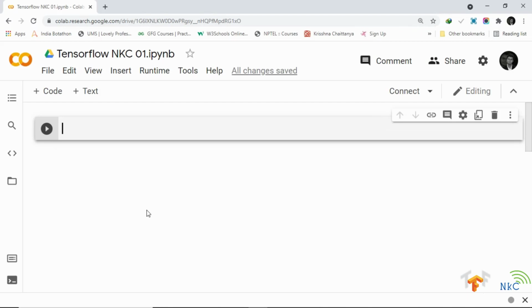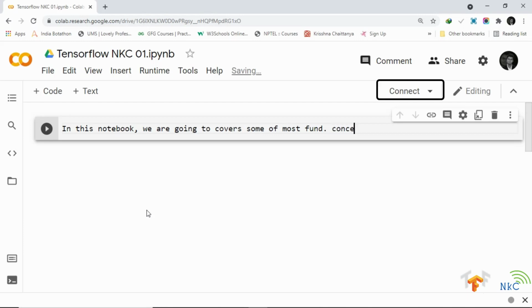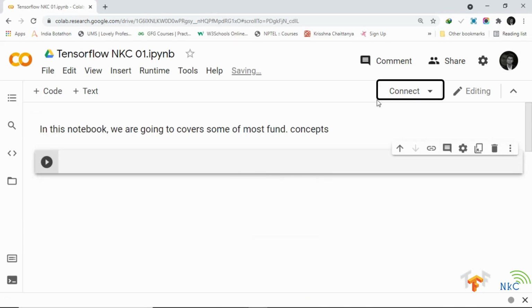Beautiful, right? And we can put a little hashtag at the front. What I did there was I did Command M B and turned it into a markdown cell. And then I pressed Shift and Enter, and we get another code cell here. Beautiful. So to enable us to write code, we are going to connect here. Just press connect.